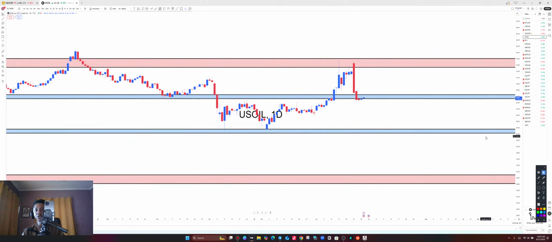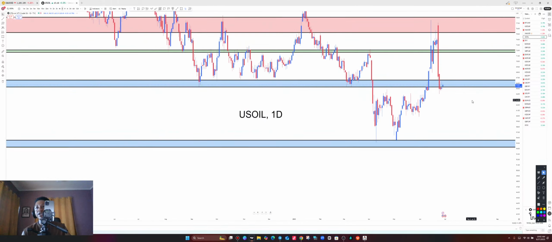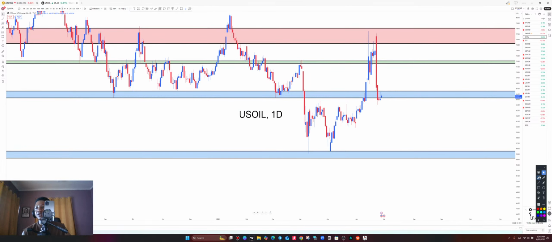All right, so this is also the daily time frame of US oil. What can we spot here on the daily time frame? On the daily time frame, we have the daily mid-range zone over here. All right. Now, what happened in the daily? We are also seeing the exact same thing as we saw on the weekly time frame. Sell pressure bringing the market all the way down. And like I said, we are looking for opportunities to sell all the way to the downside.